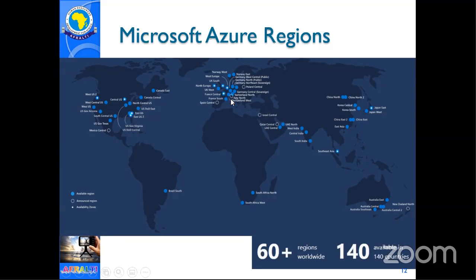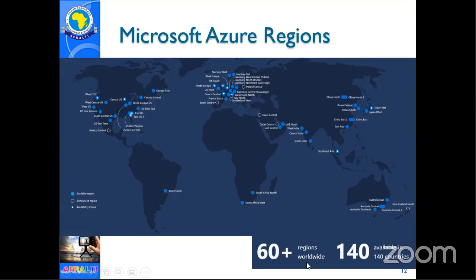Oxfam might be headquartered in the UK, and they might buy cloud services in one of the UK regions, but they have offices across the world. So in as much as they might buy services in the UK, for their operations on the West Coast of the United States, they might opt to have an instance of their cloud service also available on the West Coast. And for the operations in Africa, they might have an instance running in South Africa North. So users who are in Africa connect to South Africa, users who are in Asia connect to Asia, and all that. So these are the regions.